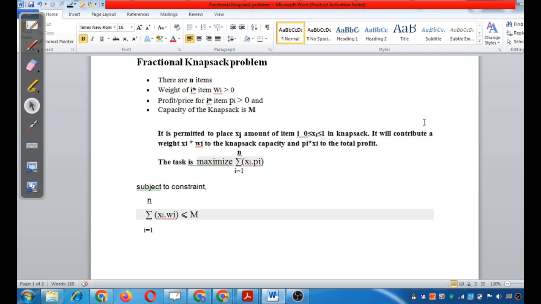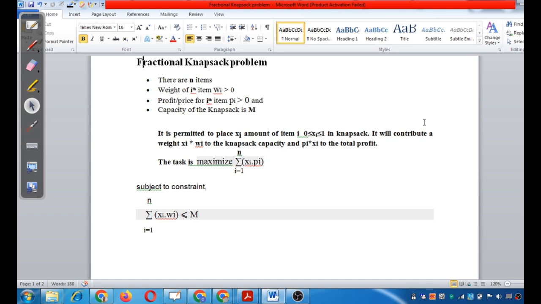In the fractional knapsack problem, you are permitted to break the item and take a fraction. So the quantity xi you are putting in the knapsack can be greater than or equal to 0 and less than or equal to 1, and this will contribute a weight of xi into wi to the knapsack capacity and pi into xi to the